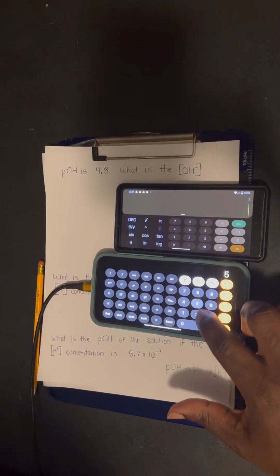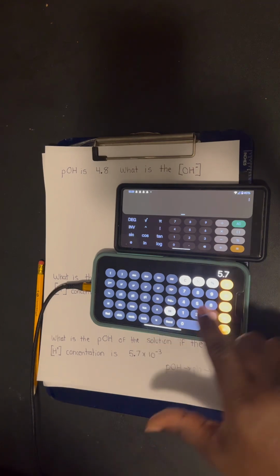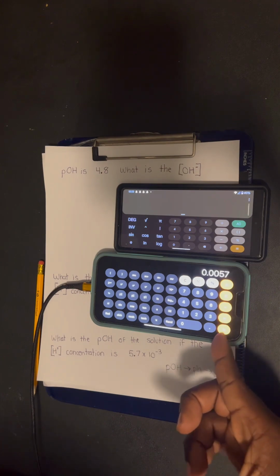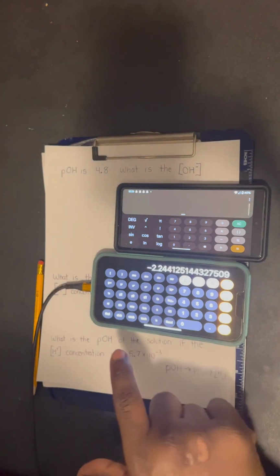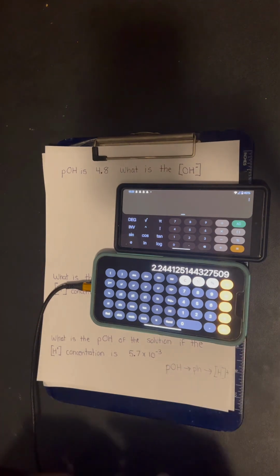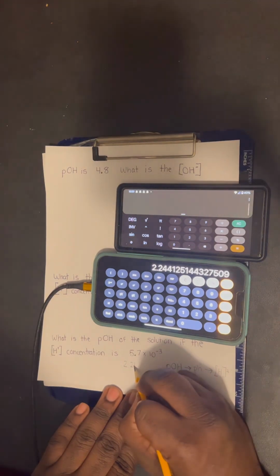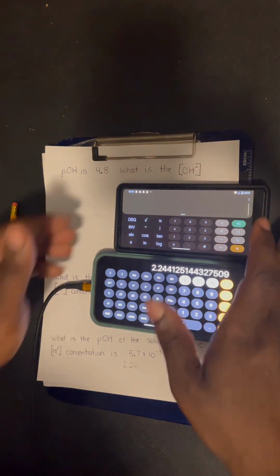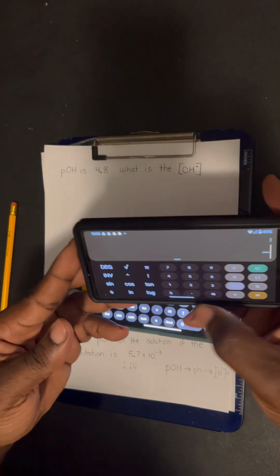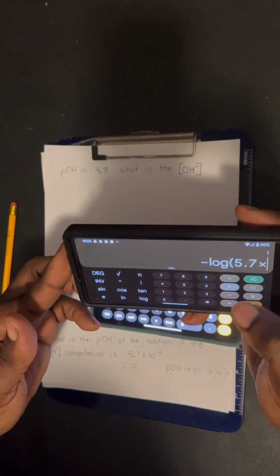You're gonna put 5.7 EE to the negative 3, so 3 negative. I'm gonna get equal, then I'm gonna push log 10 and push the negative symbol. I get 2.24. So on this calculator, I got 2.24. Now let's do it on this calculator. Remember, the Android calculator actually has the log button. So I could just push negative log 5.7 times 10